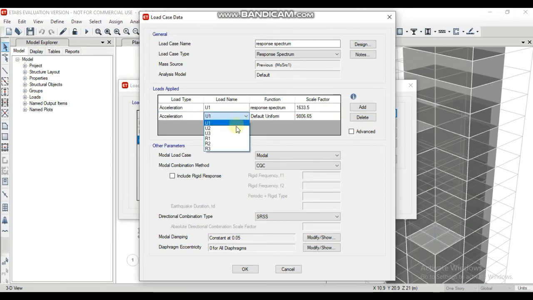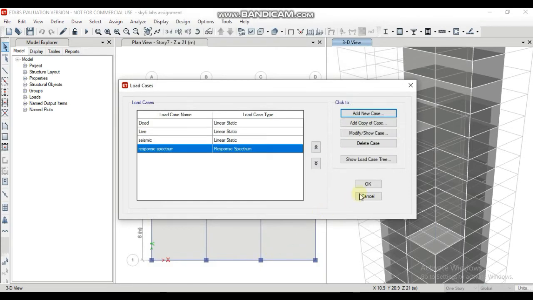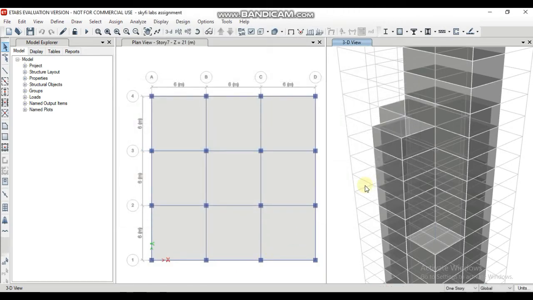Now add another one, set as same and change the scale factor the same as you did before. Now click on OK. Response spectrum load case is added. Click on OK. We need not apply all these to the building as it applies itself.